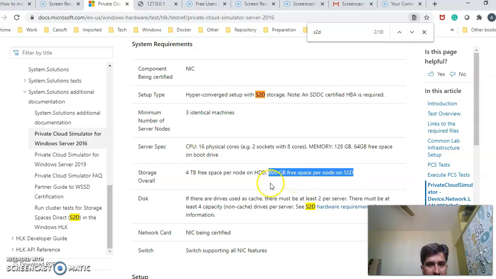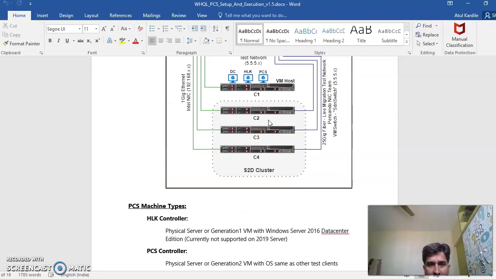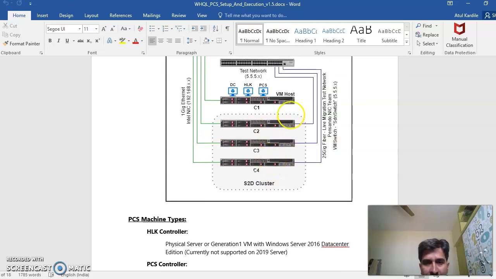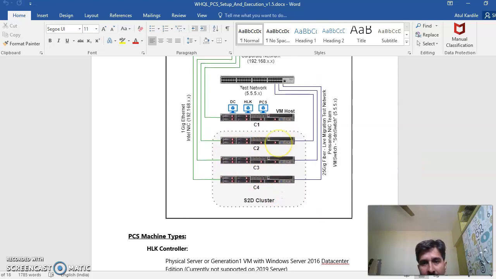Per node on SSD, we had 4 disks deployed of 1 TB each. So in the diagram here, as you can see, this is a 1 TB SSD flash drive installed on each of these nodes. I'm telling you this because without this, the cluster will not get formed.